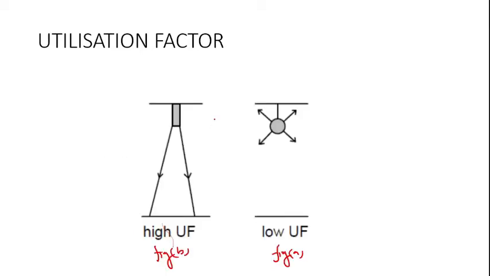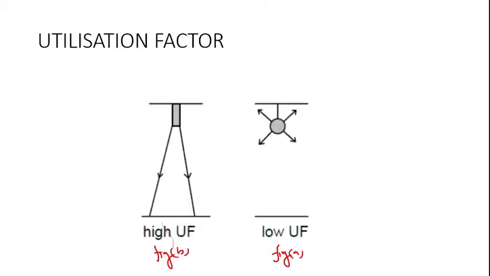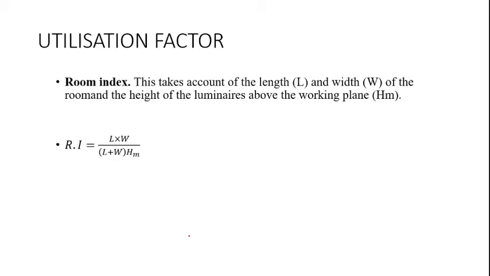Okay, the first factor is the type of luminaire, and how the type of luminaire affects the utilization factor is described by figure A and figure B. Now, the second factor affecting the utilization factor is room index. Actually, room index means